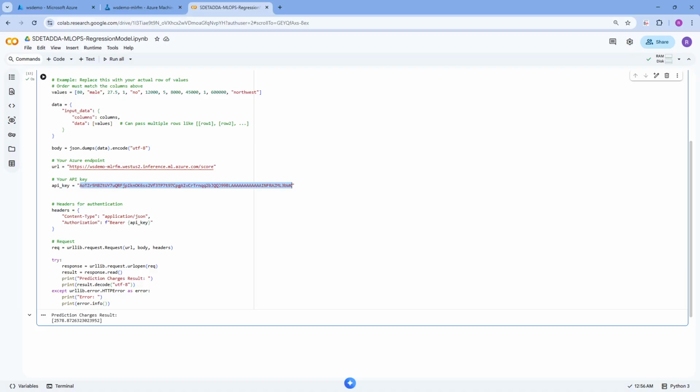So that's it for the consumption of this model in one of your programs where you want to leverage the model you have deployed and predict the insurance charges basically for the given set. You can change this value and then also get the